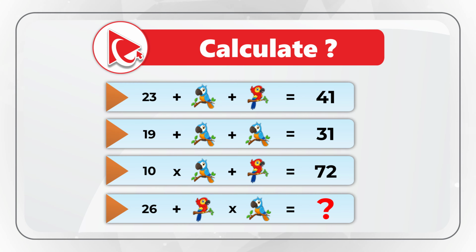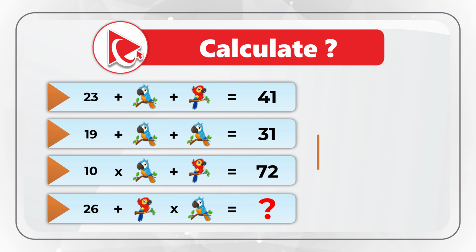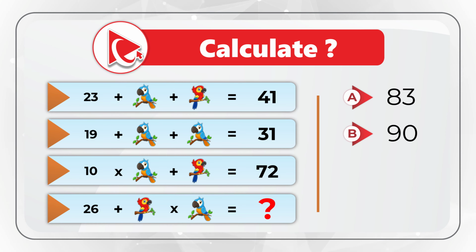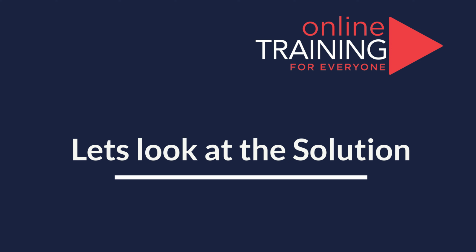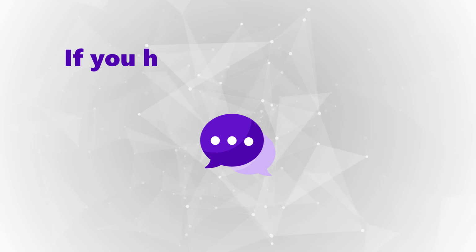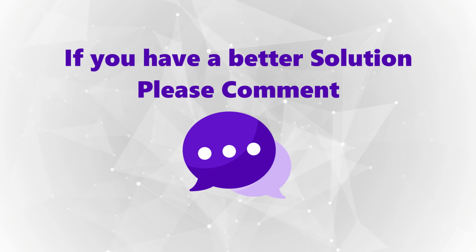You need to select the missing value out of 4 possible choices. Choices A, 83, choice B, 90, choice C, 98, and choice D, 107. Take a close look to see if you can calculate the answer. And on my end, I am moving forward to share with you my version of the solution. And obviously, if you have a better way to solve it, please make sure to post in comments so we